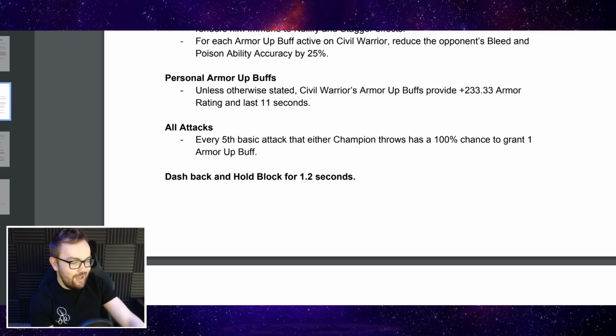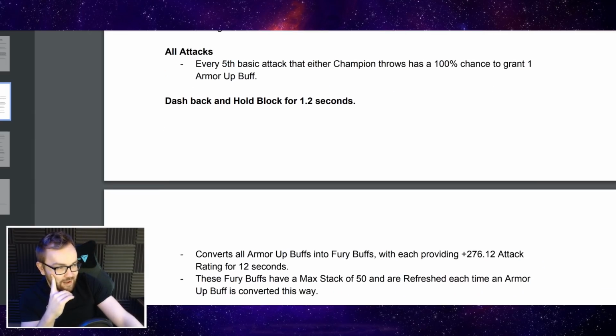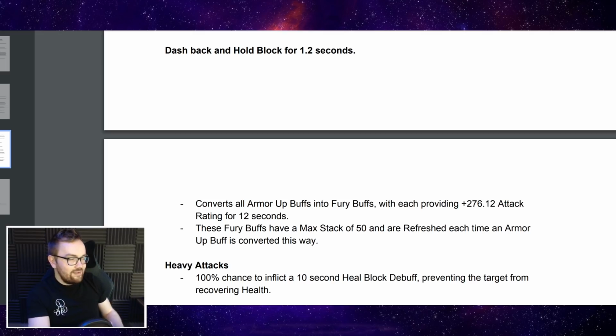Also, I think Corvus Glaive might have a lot of fun with this as well, man, because again, more armor to reverse there, and also dashing back and holding block for 1.2 seconds is how you access the new Fury mechanic. So this converts all armor up buffs into Fury buffs, giving him just under 300 attack rating for 12 seconds. However, these Fury buffs have a maximum of 50 stacks and are refreshed each time an armor up buff